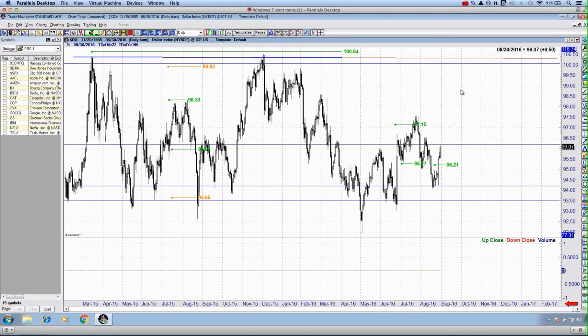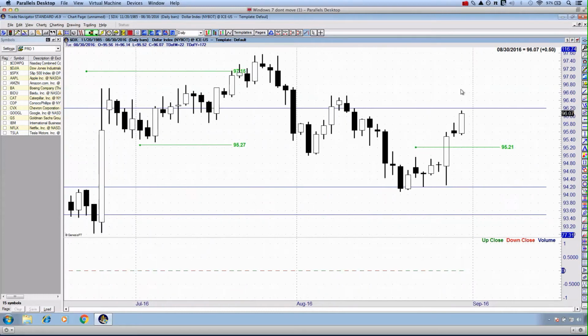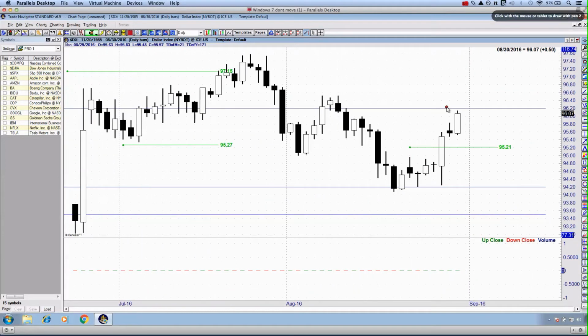Now, what does this mean for us? Firstly, what I will say is that in full transparency and in full disclosure, I am not in any long trades on the US dollar at our trigger at 95.21. Obviously, you can trade UUP. That is a very nice underlying market or an index, a derivative that you can trade if you want to have exposure to either, again, price appreciation or depreciation in the dollar index traded against a collection of